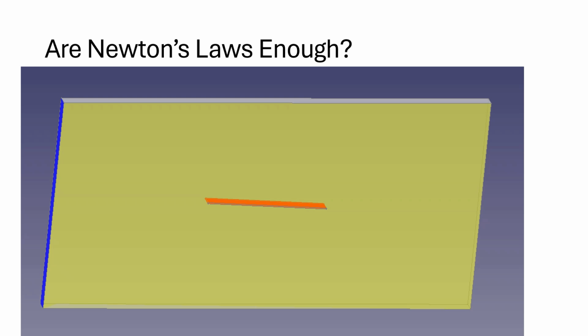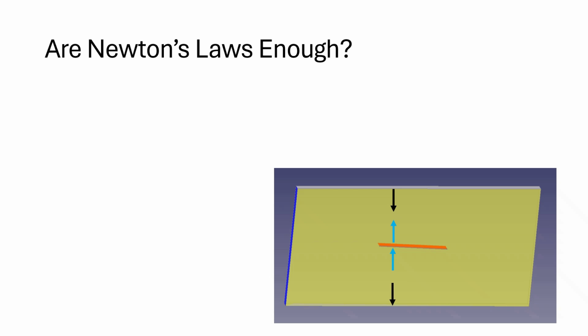Now, are Newton's laws enough to explain all of the lift, or is there some mysterious Bernoullian component that we haven't touched on yet? Well, if the air is lifting the airfoil up, Newton's law says that the air has to be pushed down, so in turn, the air should push on the tops and bottoms of our simulation space with a force equal to the lift. So, are Newton's laws really enough to explain everything that's going on? Does the force up on our airfoil match the force downward on our simulation space? Well, our force up